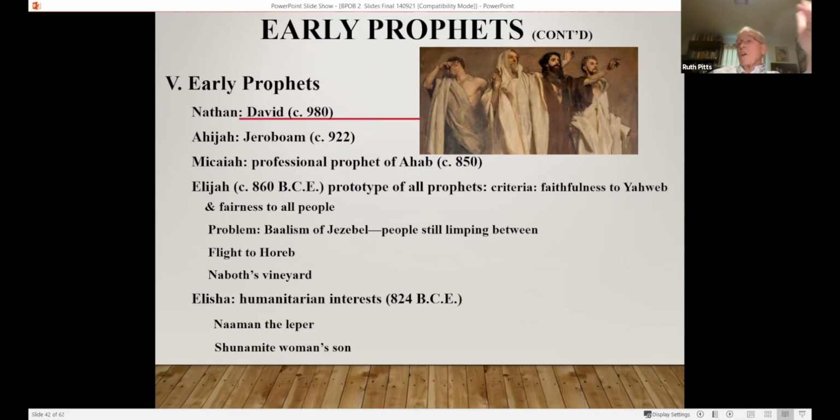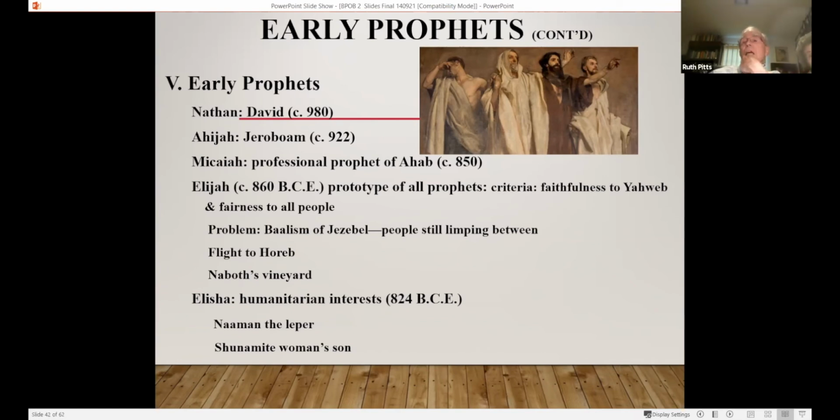Micaiah said, that's not what you've been saying. So Micaiah said, you will die if you go out. And of course, the battle was over, but Ahab was hit by an arrow as he retreated and he died. So this is the idea of one legitimate, honest truth speaker speaking truth to power. And this is the importance of Micaiah at the time of Ahab.